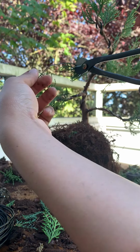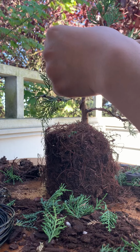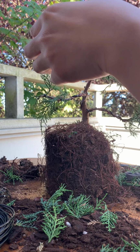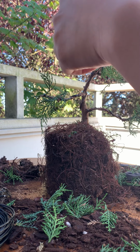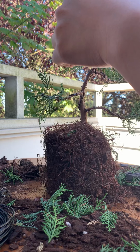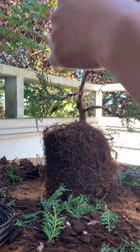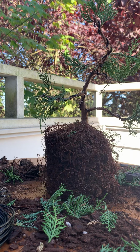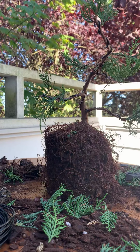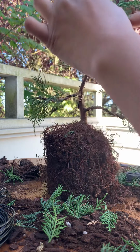This is a wire cutter, by the way. I think this branch going to make it lean forward a little bit. Move. Okay, so the last is the apex. Just going to